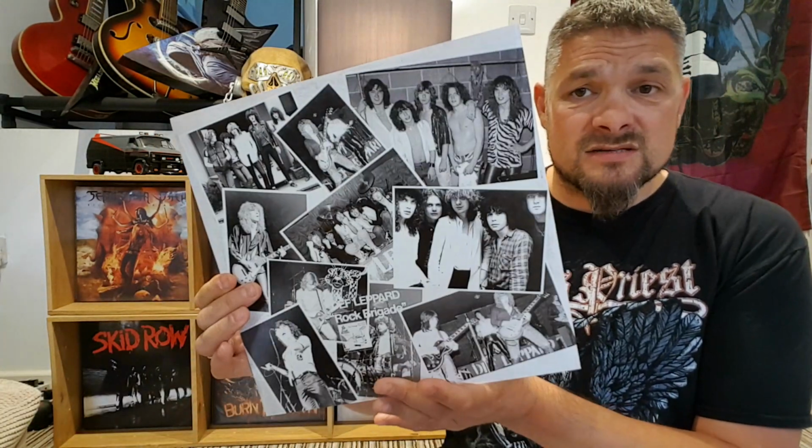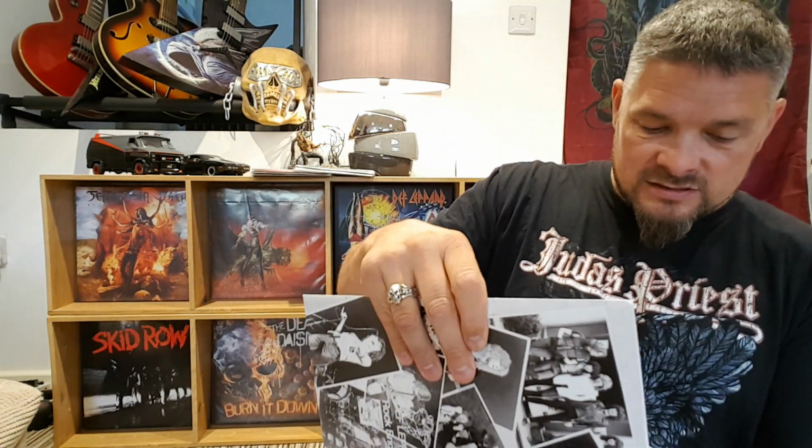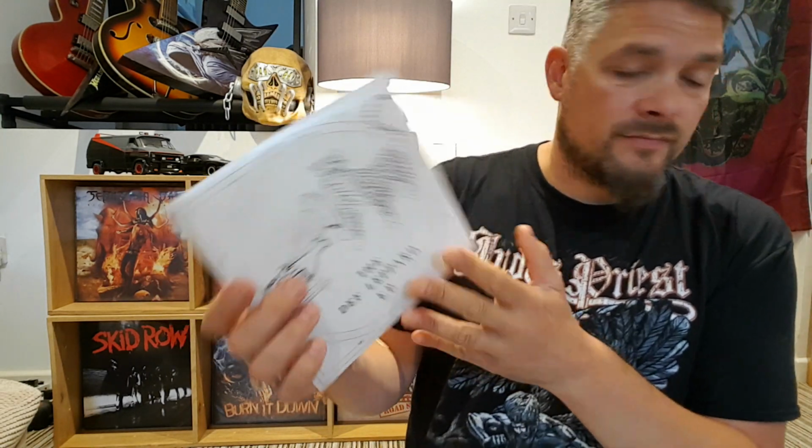Okay, it's got some pictures, and this one's again not even polylined, and the awful scraping noises it makes when it comes out, you really need to put them in polylined sleeves when you get it, but check your vinyl because they might have scratches on. Right, you get this little EP in the back of the booklet. Now